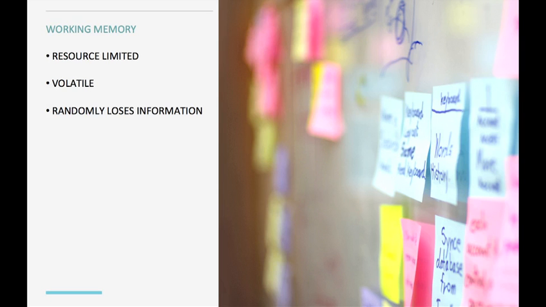Second thing I want to touch upon is memory. So we know people have one-track mind, but what I also want to talk about is how limited our mind is, and especially our memory. Working memory is that part of our memory where we gather all the things that we are conscious of at any point in time, the things that we are using as we are working or as we are talking to somebody, okay? And this particular capacity is so volatile and so resource limited that it limits everything that we do.